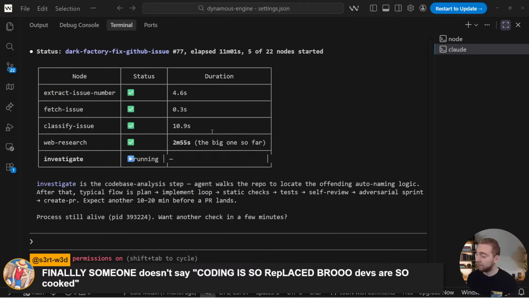Maybe at some point. I think part of why a lot of these people get away with saying these things is because at some point it is going to be true. It's just pretty far from being true. It could be a good 5 years before something like a dark factory is the de facto standard for building all software.